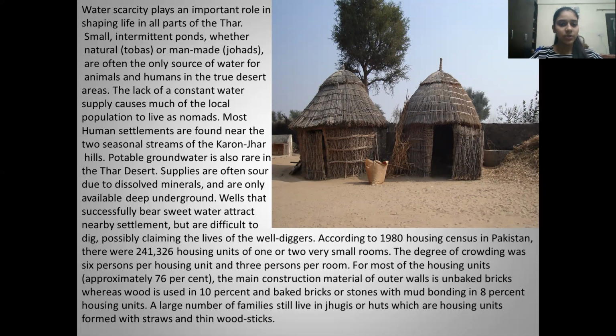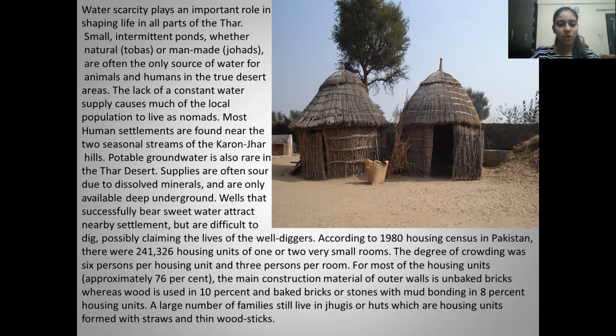Potable groundwater is also rare in the Thar Desert. Supplies are often sour due to the dissolved minerals and are only available deep underground. Wells that successfully bear sweet water attract nearby settlements but are difficult to dig, possibly claiming the lives of the well diggers. According to 1980 housing census in Pakistan, there were